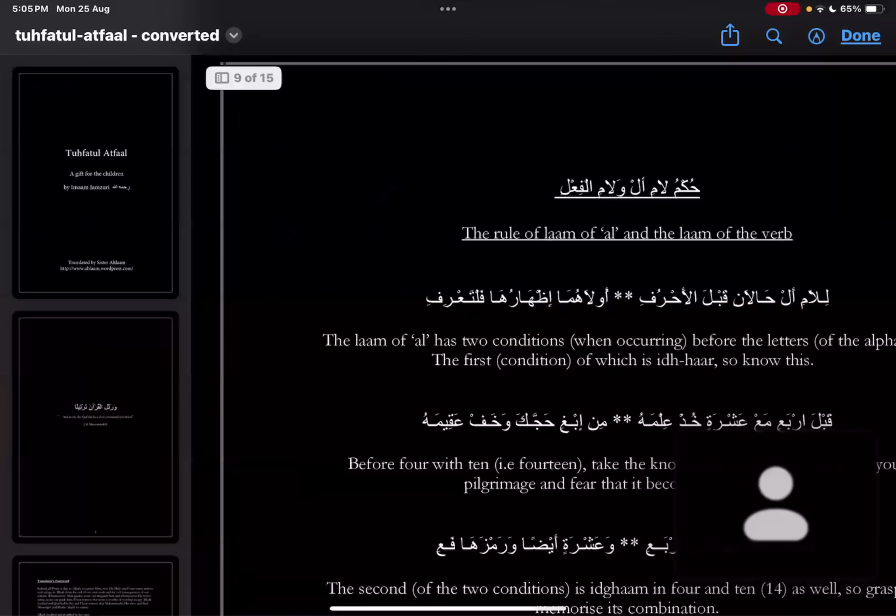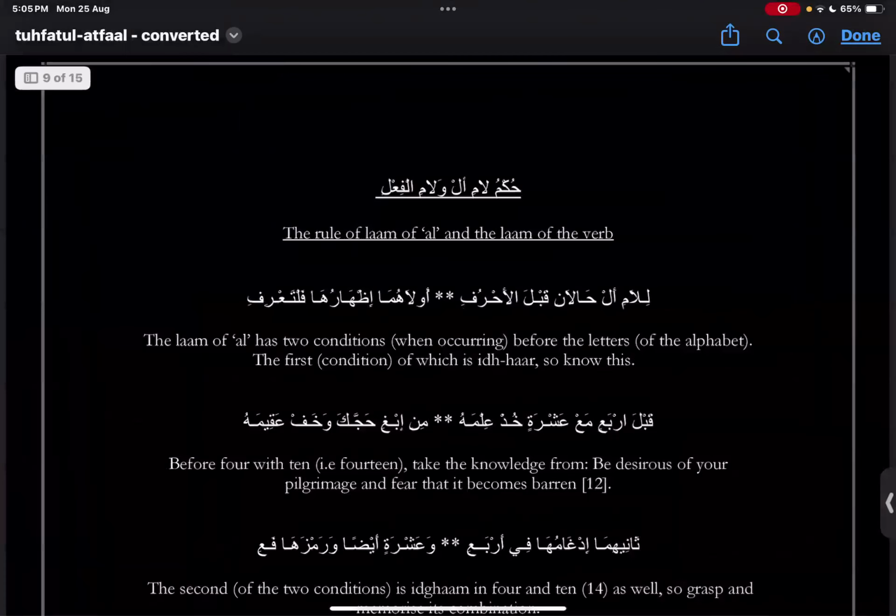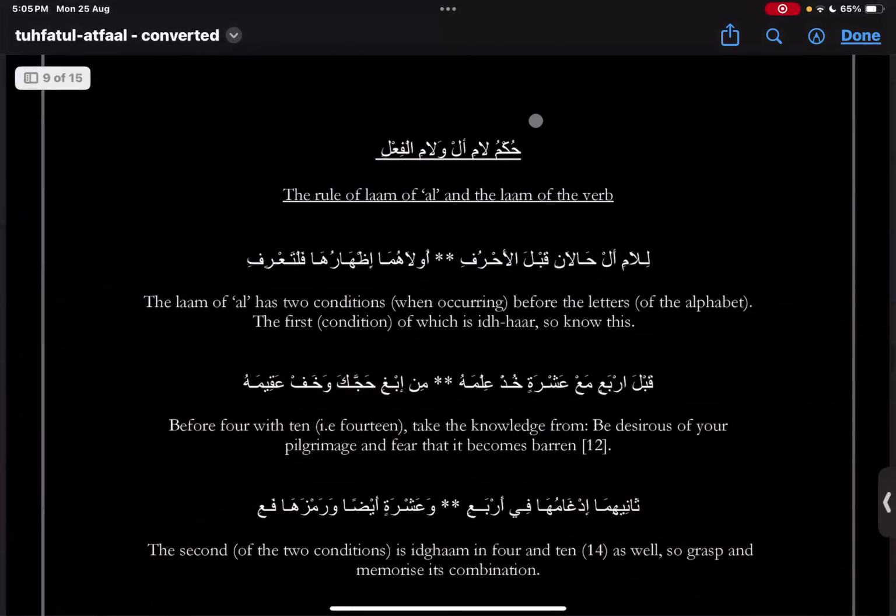So today we're going to be doing two chapters. So keep them in your notes as two separate chapters. The first one is as follows: the rules of Lam of Al and the Lam of the Fa'al. The Sheikh writes, and I quote,